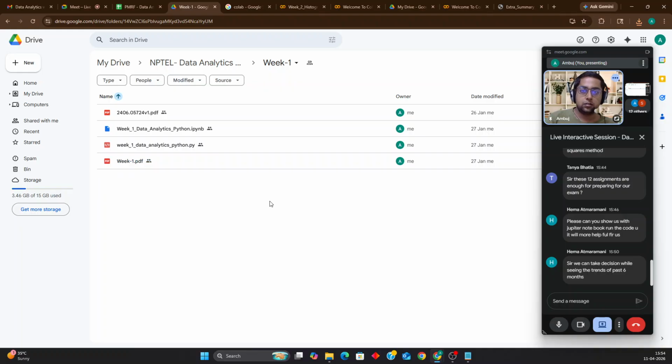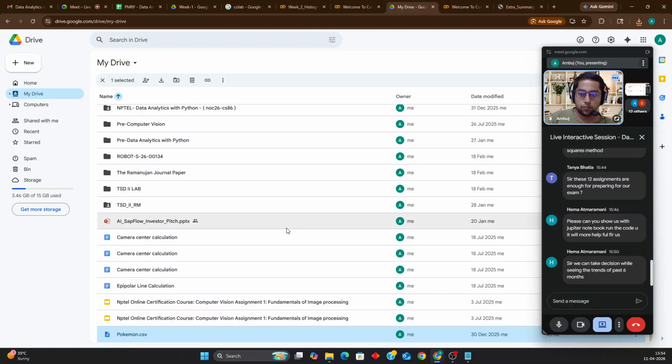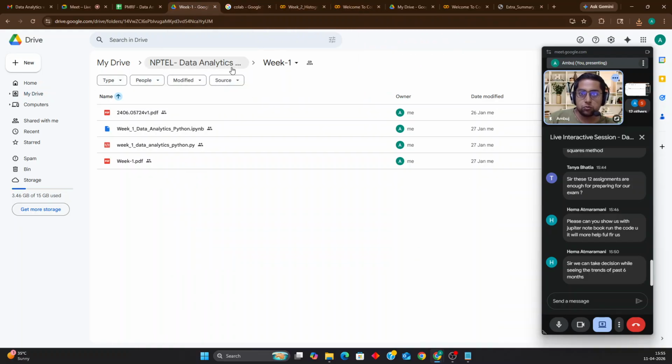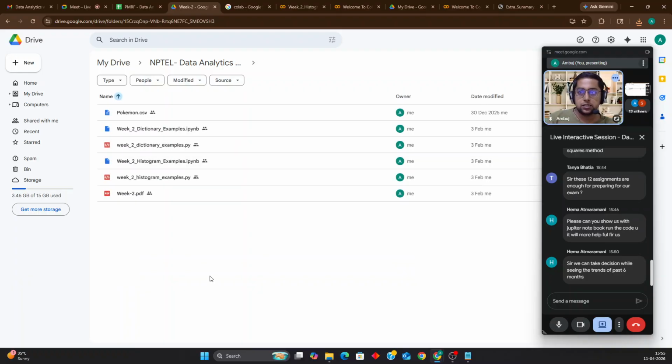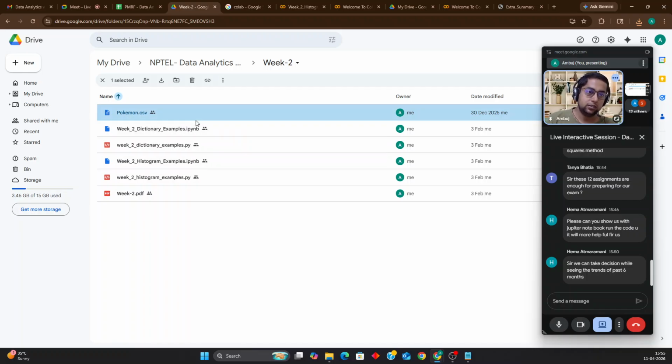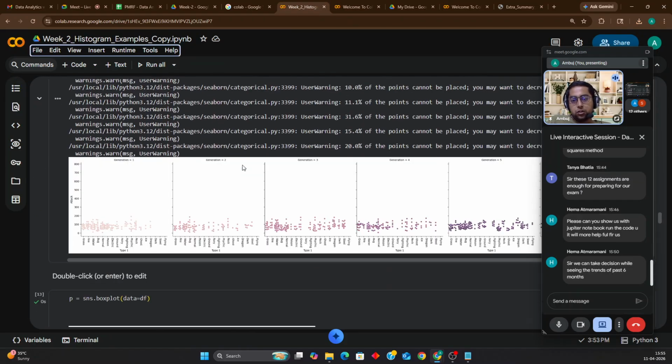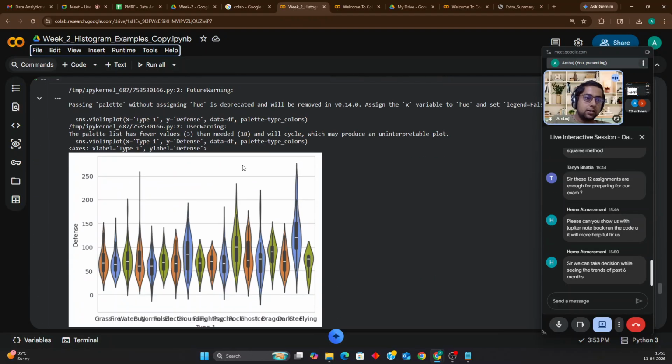There is no problem perhaps. I shall just upload this Pokemon.csv, which is already in the drive folder. So my job is complete. From my side, I have provided you the notebook, told you how to run it, and I have run all the cells in front of you and demonstrated how you can do it. So now your job starts.